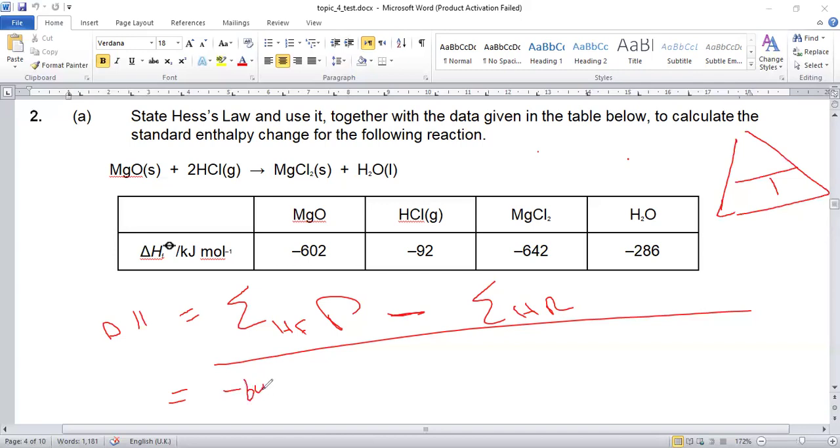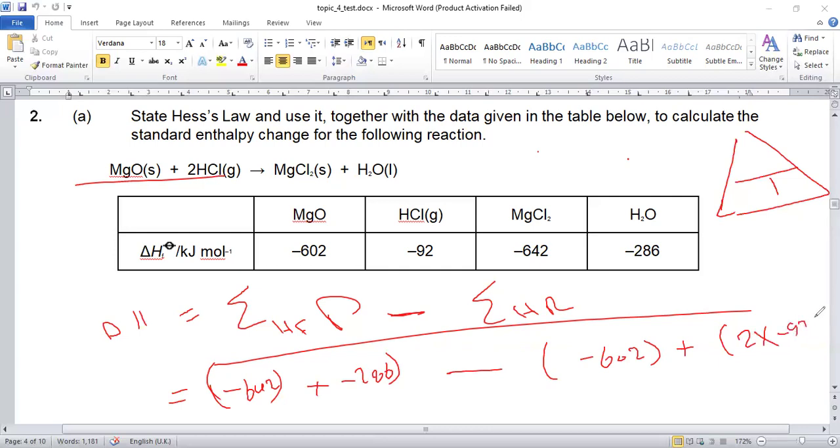MgCl2 is minus 642 plus H2O is minus 286. So this is the side of the product minus the side of the reactant, which is MgO minus 602 plus 2 times minus 92. So directly, without needing an indirect indication, it is the number of moles times the value. Here we have 1 mole of water and 1 mole of MgCl2, plugging in their values, products minus the total of reactants. So the value will be